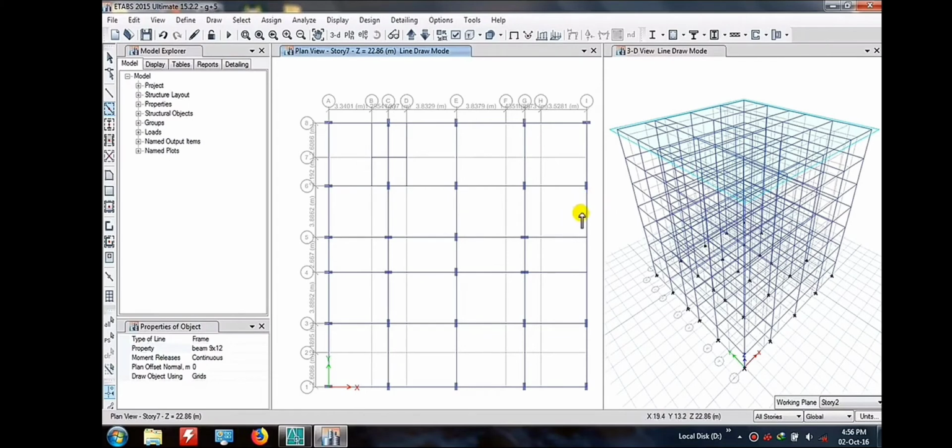So here I am selecting and drawing my beams. If you make any change in the beam column, at that time the analysis is affected, and we don't want that. So here I am drawing all my beam columns, and I have completed all my beam columns here.